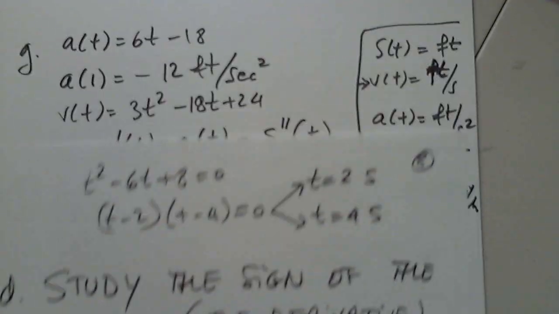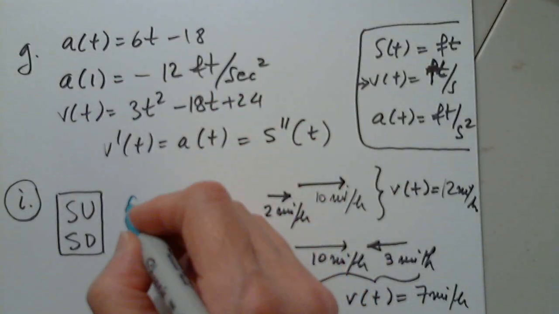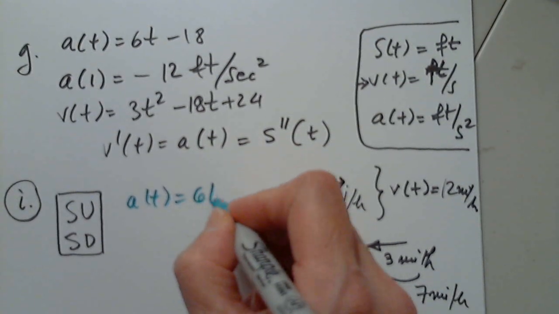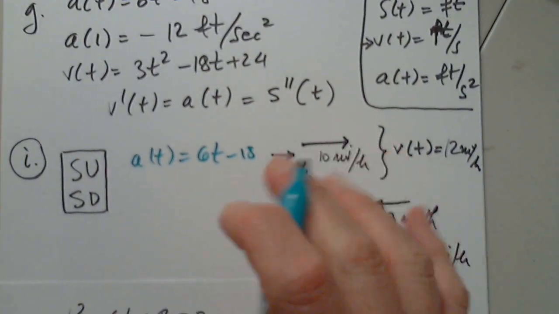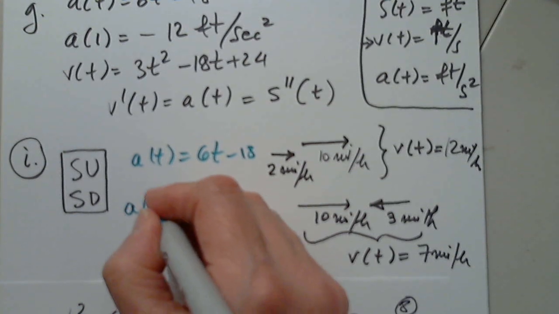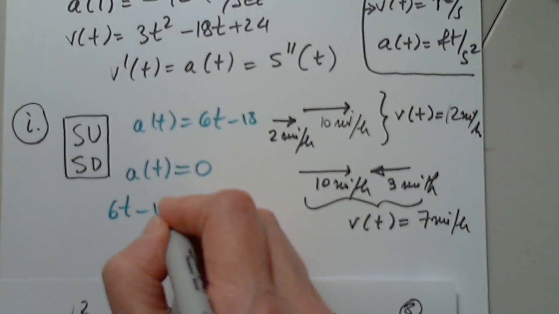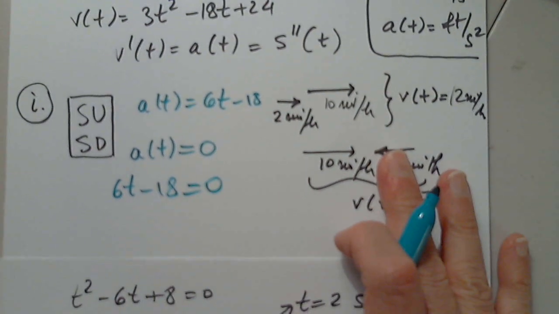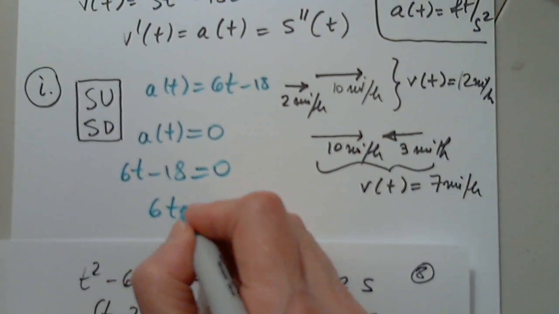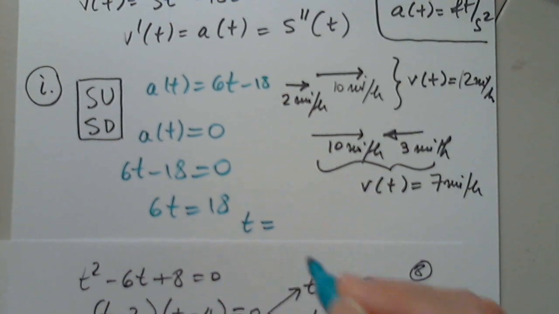So I go back to the acceleration. The acceleration a of t is 6t minus 18. Can anyone tell us when is a of t 0? In other words, when 6t minus 18 is 0? And I know you will say when 6t equals 18, when t equals